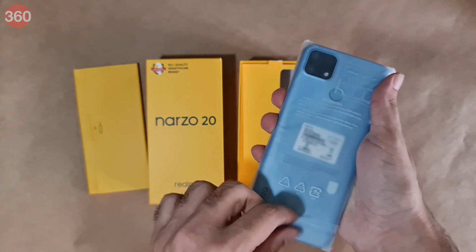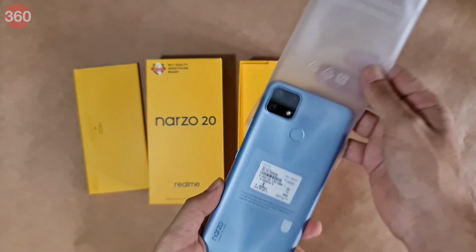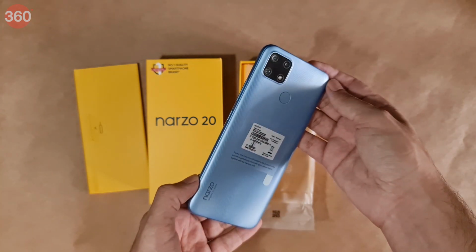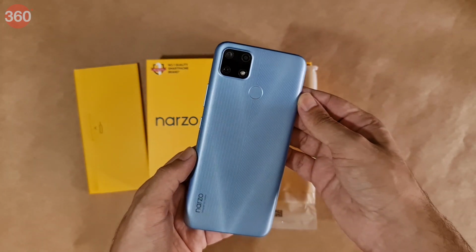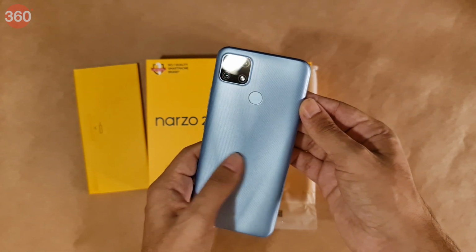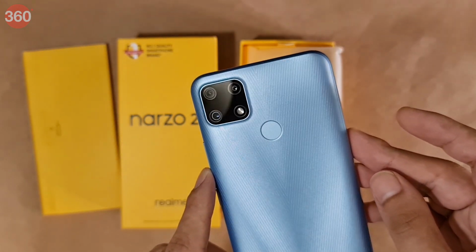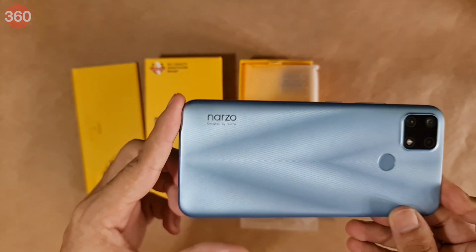So that's in another plastic protective bag. We can pull it out and see that this color is actually quite demure. It's not exactly dull, but it isn't very bright and saturated. So there's a V-shaped pattern with a very slight texture that you can feel if you run your finger over it. And it doesn't look like this finish will pick up a lot of fingerprints or smudges. So you can see the squarish camera module and the fingerprint sensor at the back, along with a small Narzo